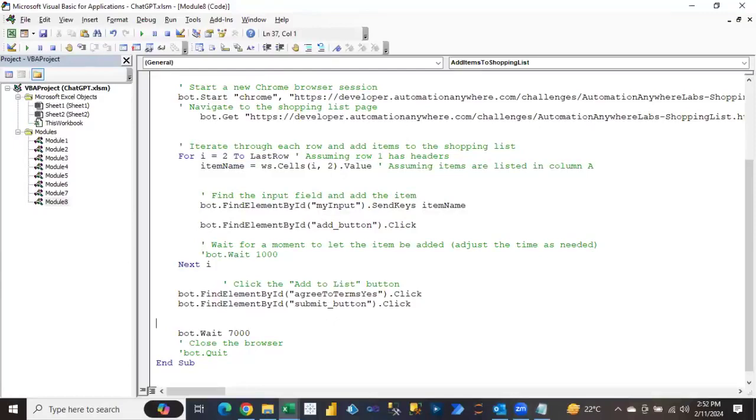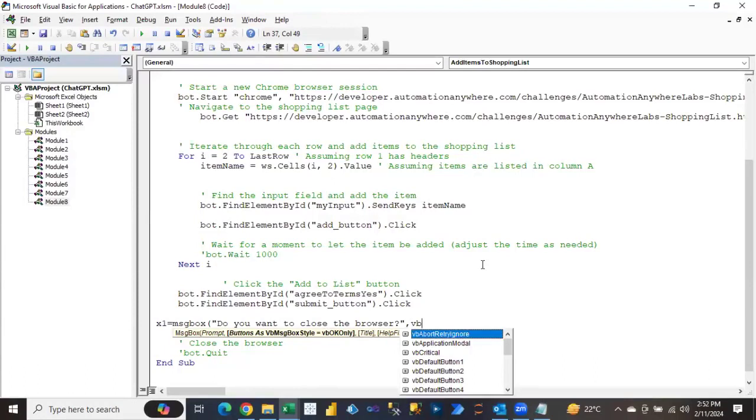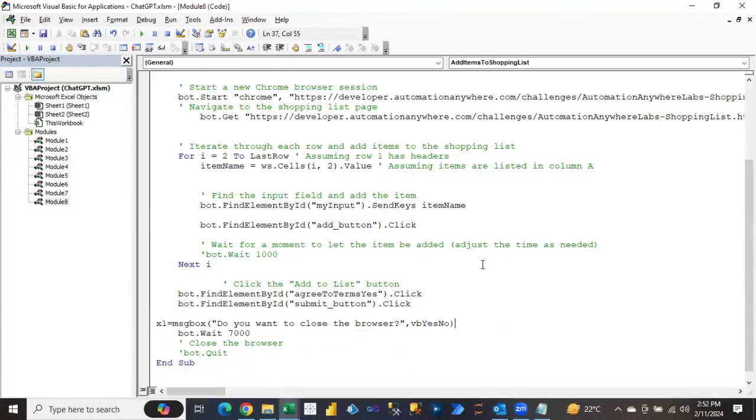Okay. So here, for example, I'm just taking x1 as a variable, and I say msg box, and I said, do you want to close the browser? I'm asking from the user, okay? vbYesNo. So what will happen? Either user will click on the yes or user will click on the no. Yes or no? Right? So here, if I say if x1 equals to vbYes, then